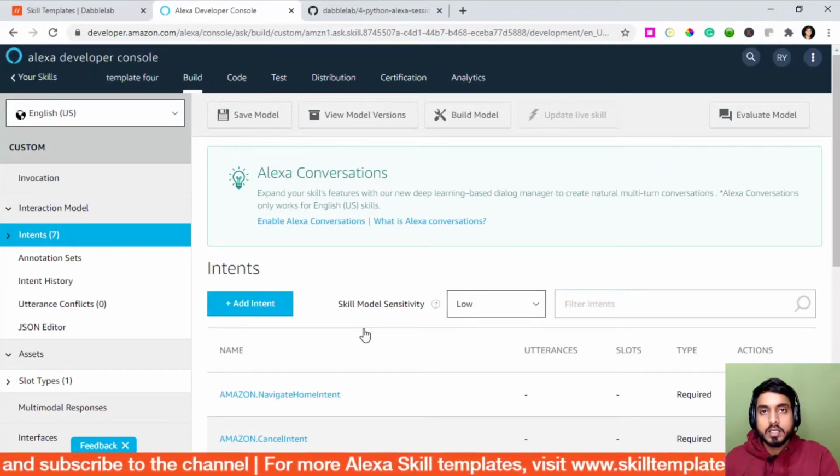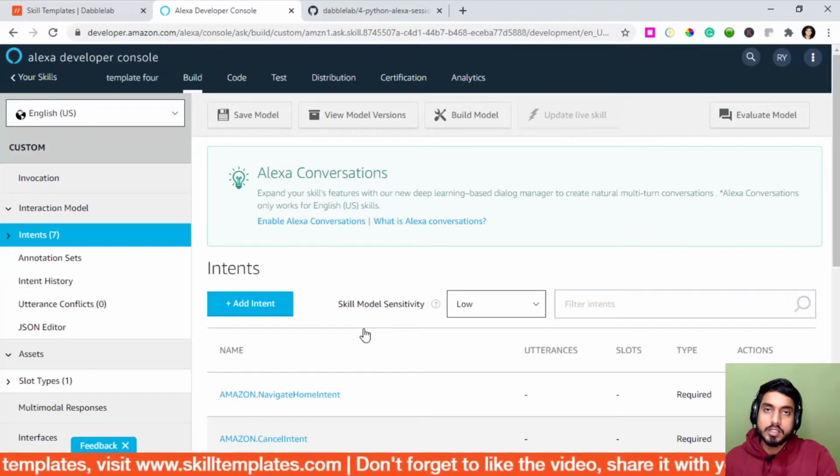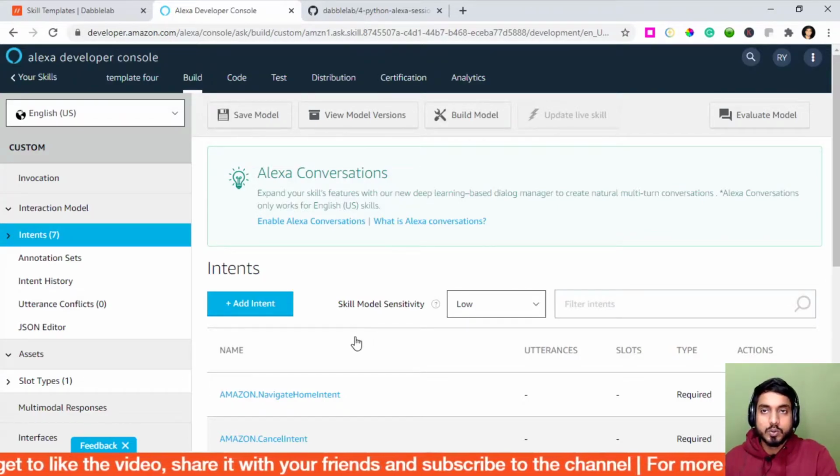Once we tell the skill what our name is, it will fetch the name value from the slot value, and it will save it in a session attribute so that it can be used later on by a different intent. Session attributes are nothing but key value pairs, or as you call it, a dictionary in Python.